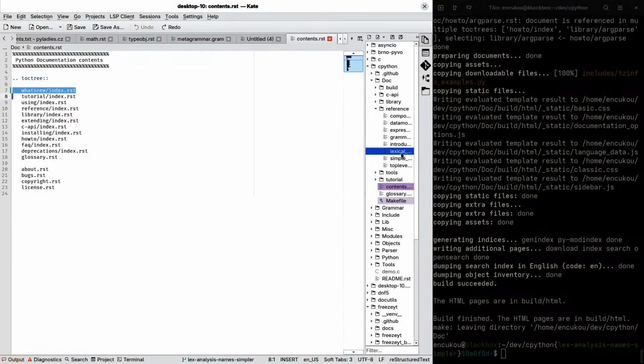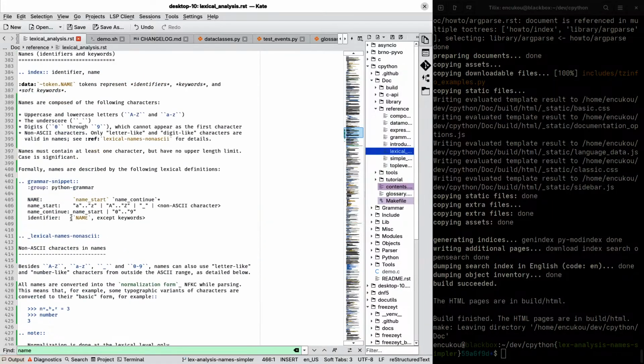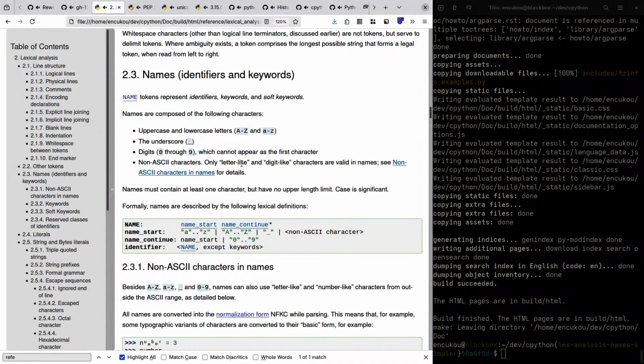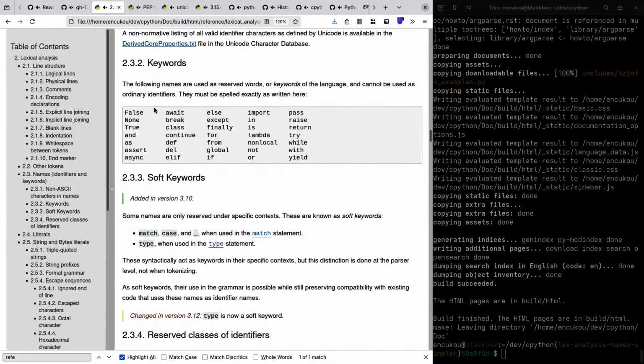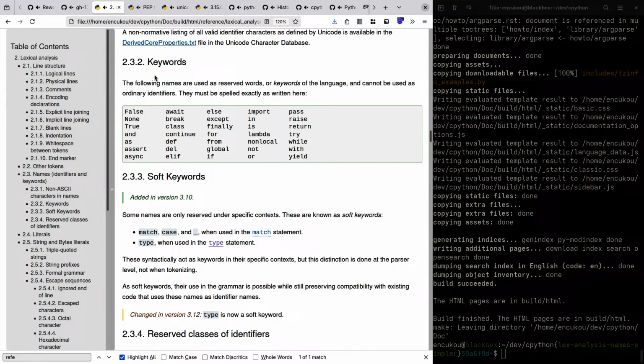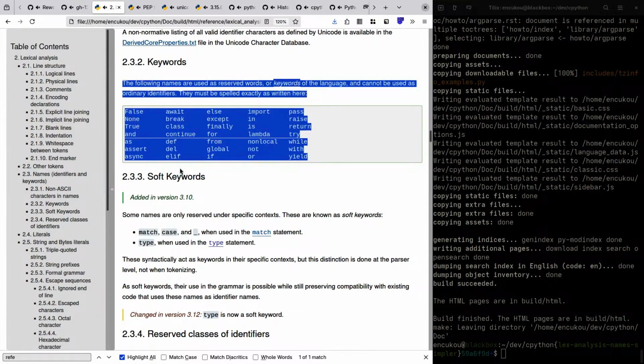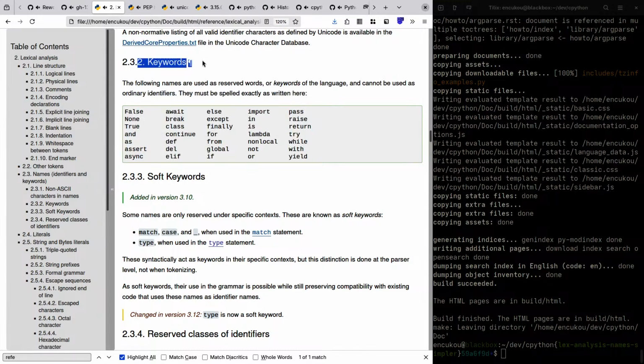We should probably say something about identifiers, keywords and identifiers here. Or maybe we just take this and remove the keyword section.